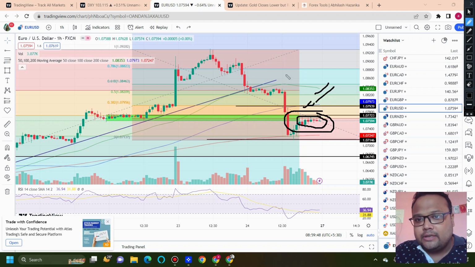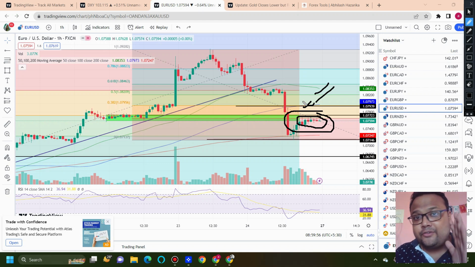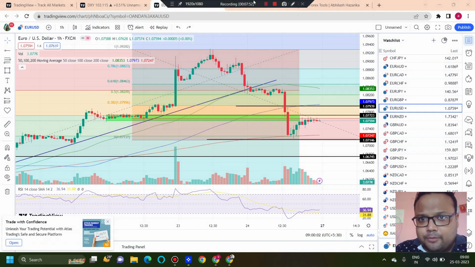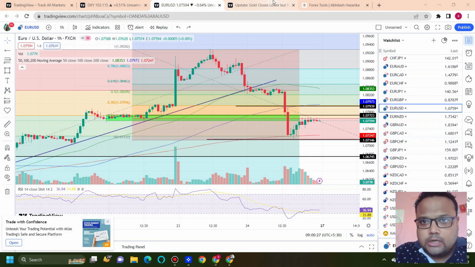Okay, so these are the two levels to look for a sell if the market goes up after the market opening and reverses. Confirmation is extremely important. This is the main difference between a trader and a gambler. Confirmation is important. Secondly, after the market opening, if you see the market going down, if, let's say, the dollar is recovering after the opening and Euro USD is going down, in that case the best support or the strongest support is around